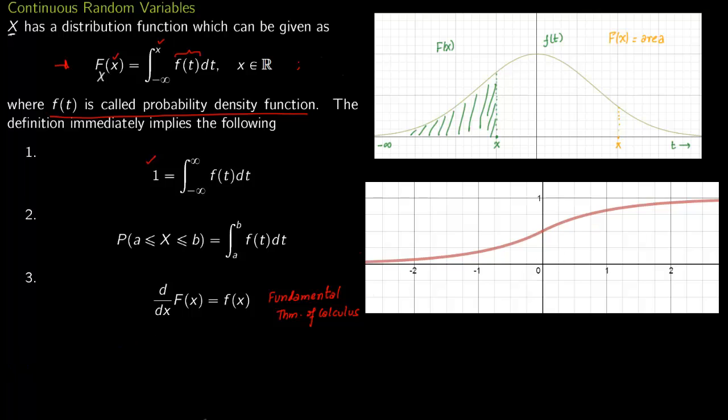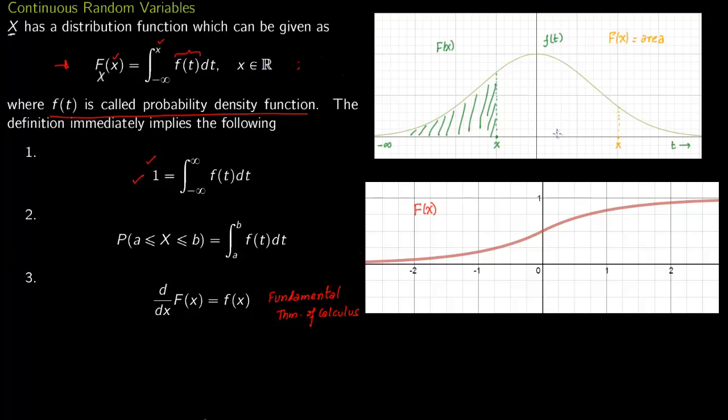Now if you are just focused on graph of F of x, the graph of F of x looks like this. It always lies between 0 and 1. So the entire area is 1. So entire area under this green curve is 1, which you can see right here. So area under the entire curve is 1, and we just pick up separate points here to get F of x. So probability between 2 points a and b, this is just area between these 2 points. So let us see this again.